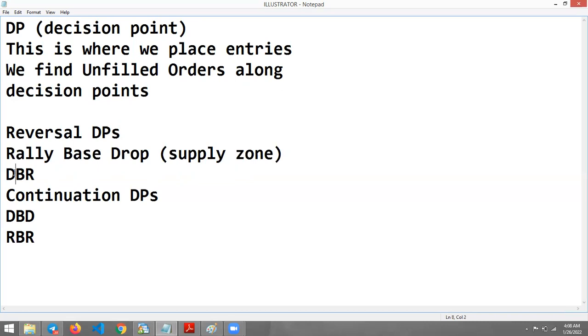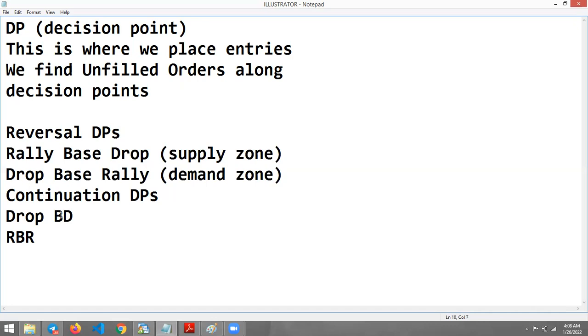Then we have the drop, base, rally, which forms what we call the demand zone. These are key decision points under reversals, right? Then under continuations, we have what we call the drop,